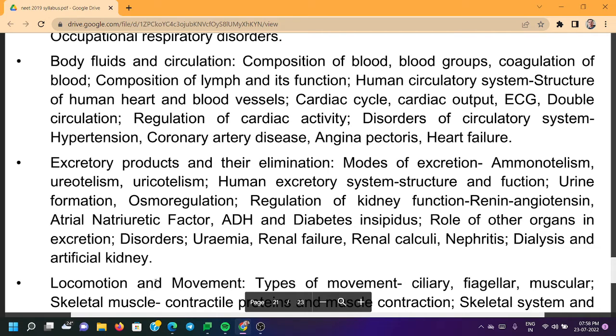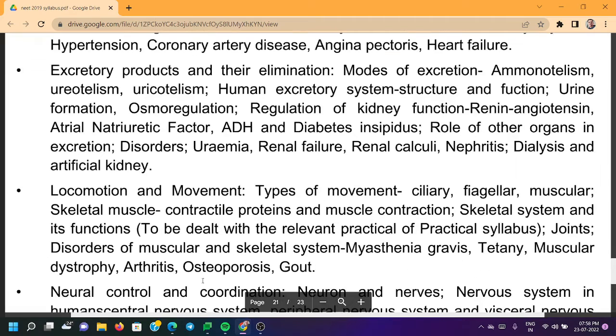of cardiac activity, disorders of circulatory system: hypertension, coronary artery disease, angina pectoris, heart failure. Excretory products and their elimination, modes of excretion: ammonotelism, ureotelism, uricotelism, human excretory system, structure and function, urine formation, osmoregulation, regulation of kidney function: renin, angiotensin, atrial natriuretic factor, ADH, and diabetes insipidus, role of other organs in excretion, disorders: uremia, renal failure, renal calculi, nephritis,